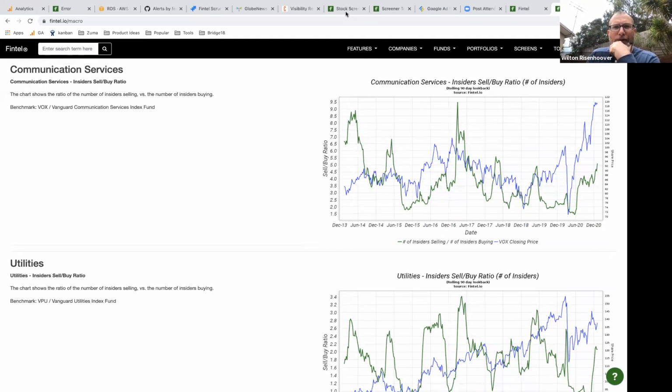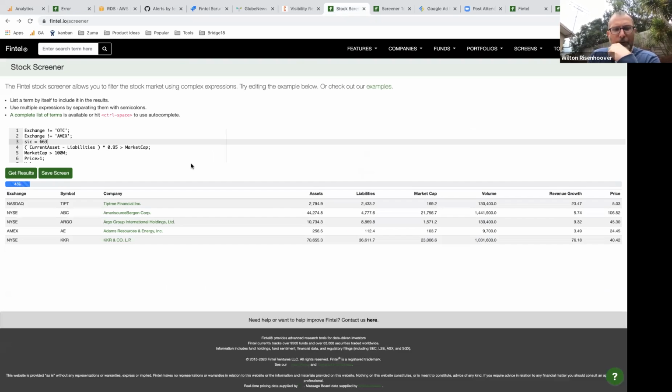So going back to the stock screener, we're going to talk more about insider data here as well, because we've got other indicators that are not at a macro level, but at a stock level that are interesting. So, the market cap is greater than 100 million. So you can put in things like